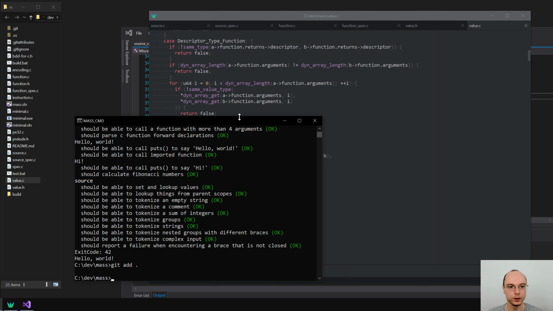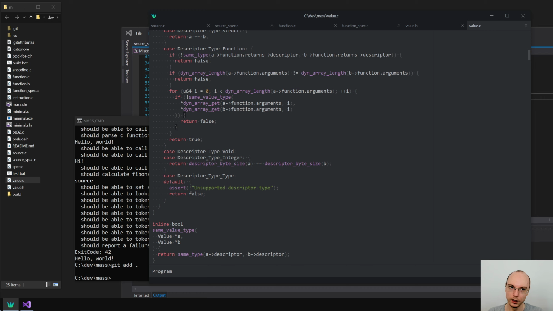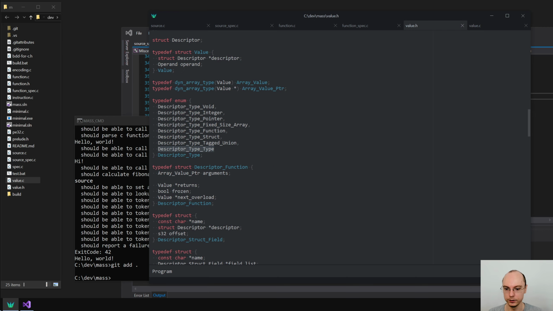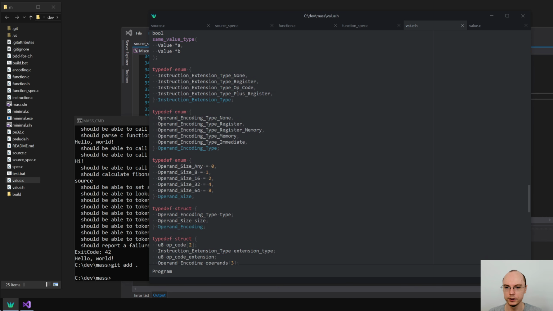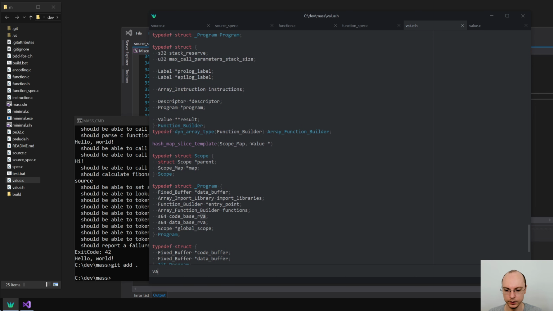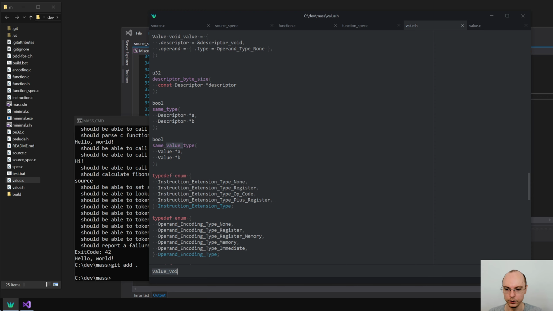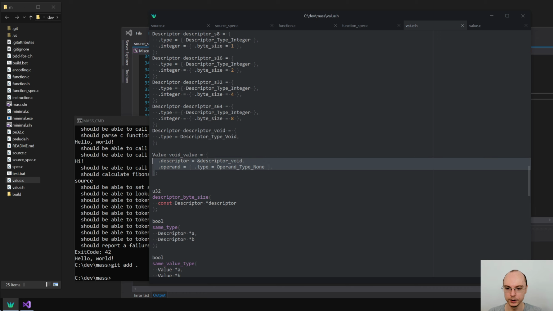So that's good. Anyhow, now we can have a special type, and as far as the operand goes, I'll just keep it empty right now. That's fine. So we have operand type. What is value void actually, or void value? How does it look like? Yeah. So this seems pretty okay to me,